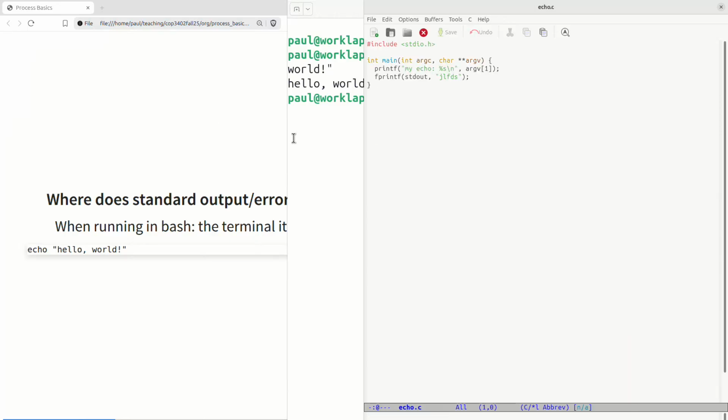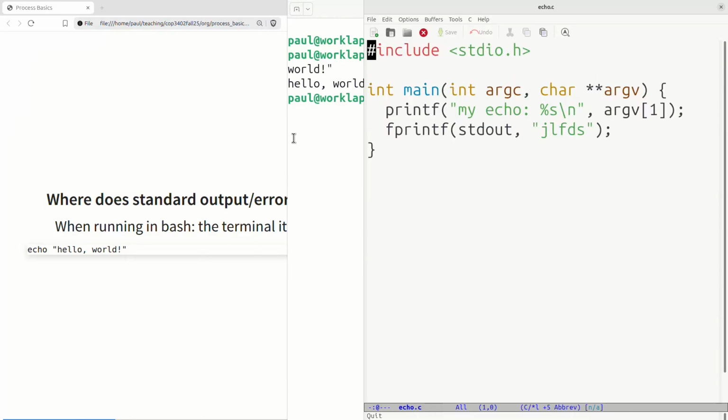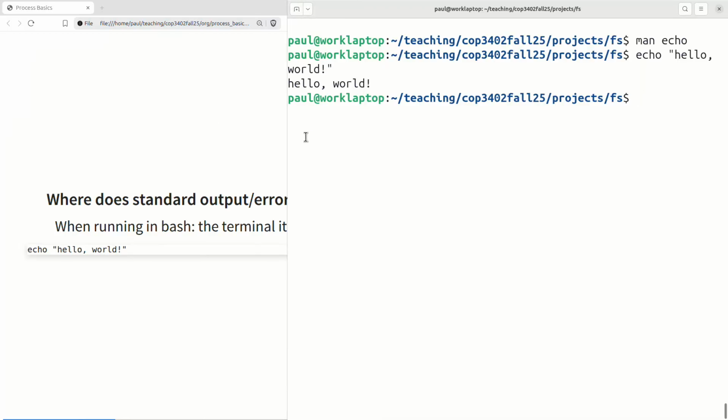So this is pretty much all you need to write the program echo. You just take whatever the argument is, and you call printf on it. Pretty simple, right? You just take the arguments and call printf. That's all echo does. But because I have this standard I/O convention, and I'm using printf to go to standard out, because that's what it actually goes to under the hood,